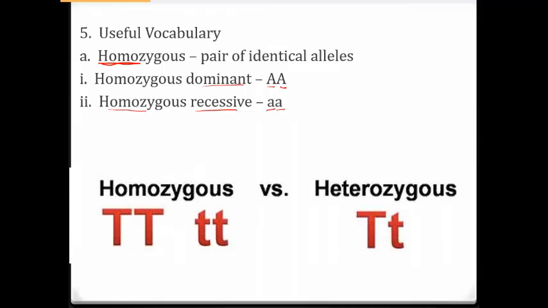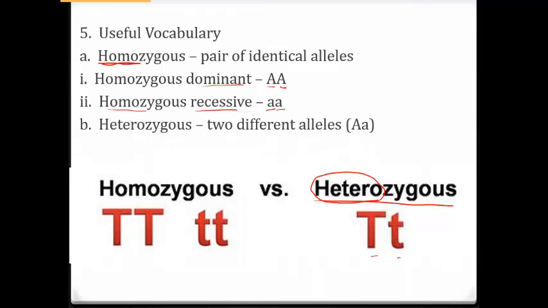Now, we also have the heterozygous word that you see here, and hetero as a prefix means different. So you noticed here that the letters are a capital with a lowercase. So heterozygous means that we have two different alleles, and whatever letter you choose, if it's A, capital and lowercase, it's always going to be the capital and the lowercase of whatever letter we're using